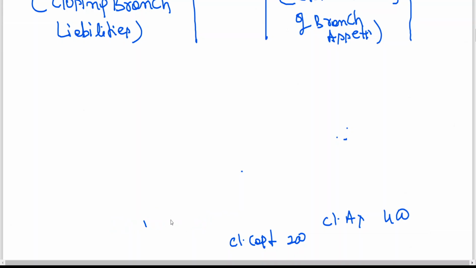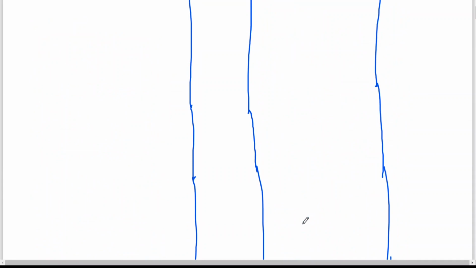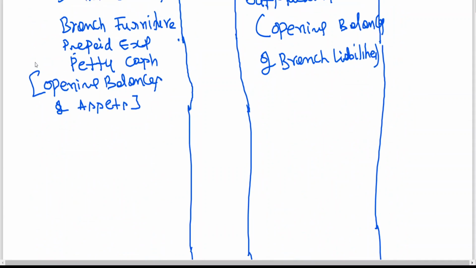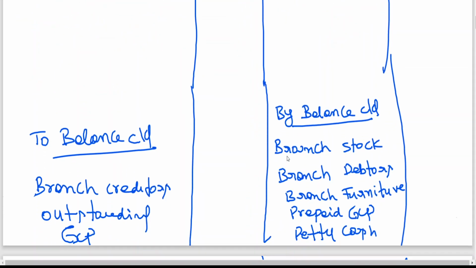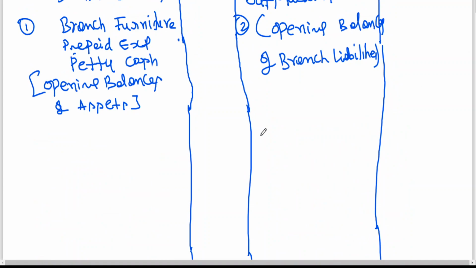Now first and most important thing, transfer of all opening branch assets to branch account, and transfer of all opening branch liabilities to branch account. So this can be kept as the first item. Second item, this will become third, this will become fourth. Easy to remember. I'm not asking you to note this down, but these 4 points are first and foremost important things. Then after that